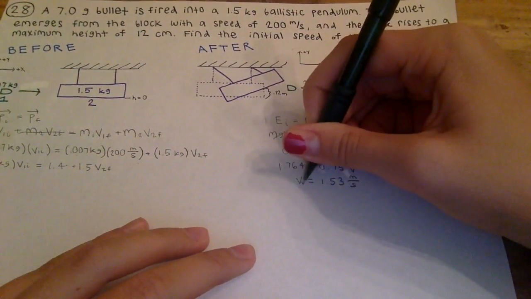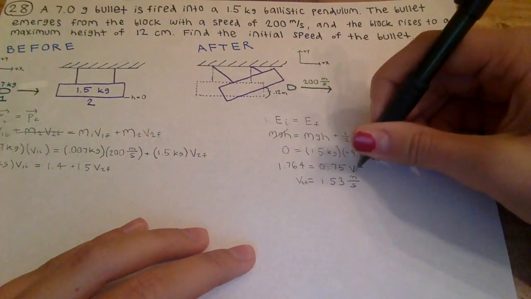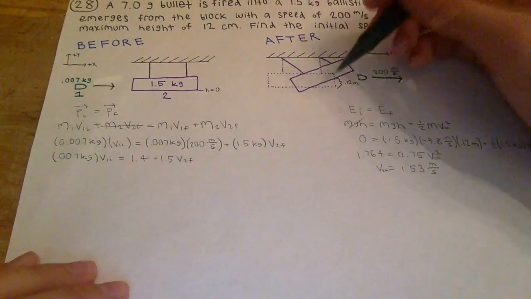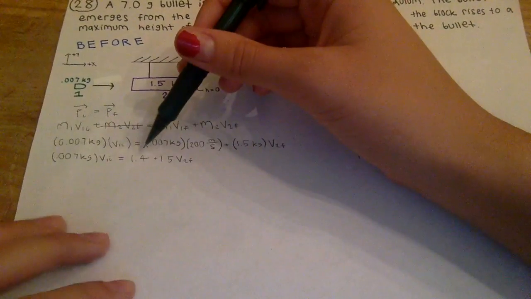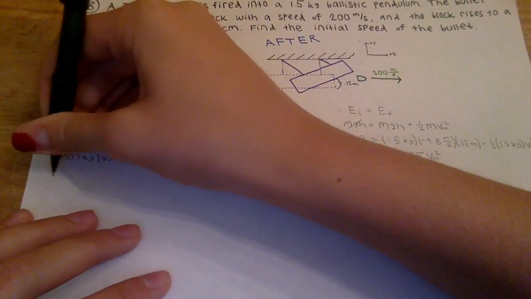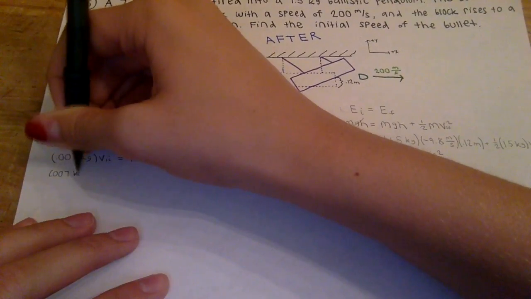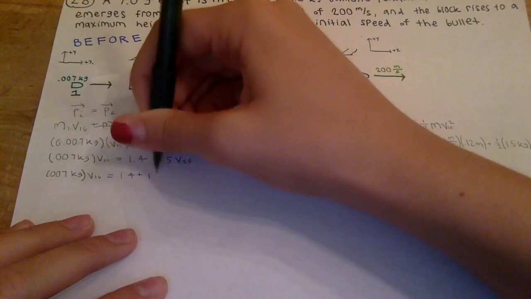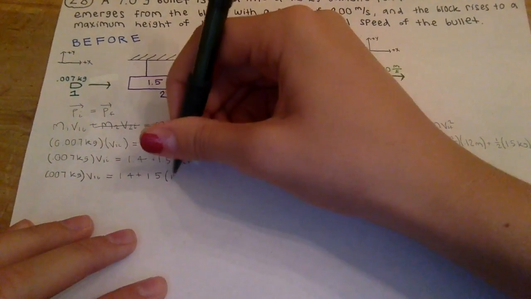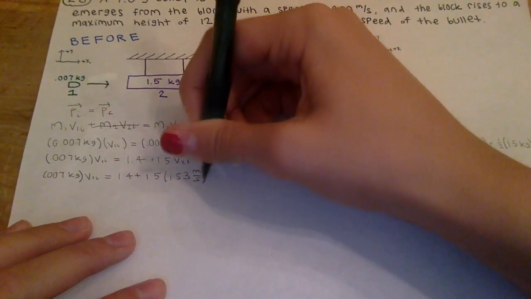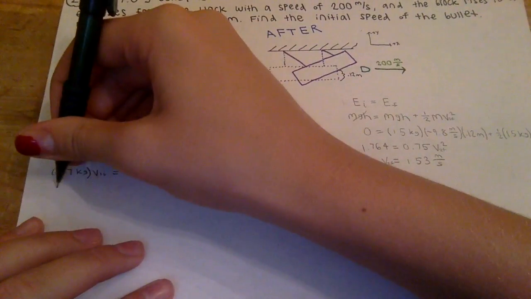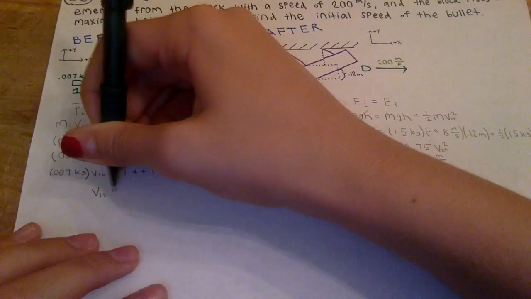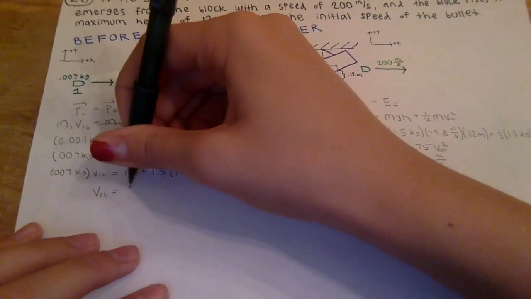This is the velocity object 2 final, I should say, and that goes for these things as well. So this is the final velocity of our ballistic pendulum. Now we can put this value back into the conservation of momentum equation. So 0.007 kilograms times velocity 1 initial equals 1.4 plus 1.5 times 1.53 meters per second. And from there, if you put that all into your calculator and isolate the velocity initial of 1, you get